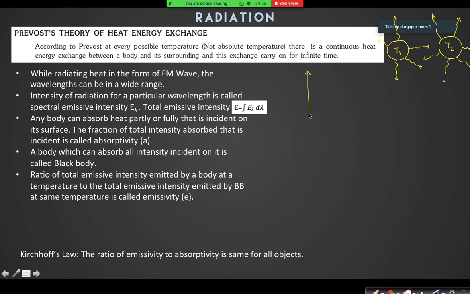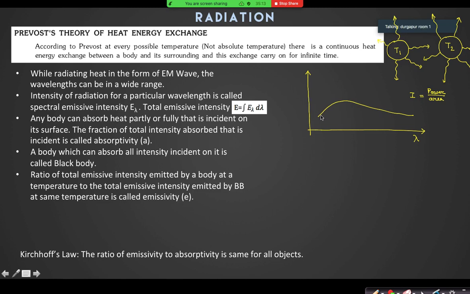So, if I plot the intensity of the radiation versus the wavelength graph, you will see the intensity. What do I mean by intensity? Intensity is equal to power per unit area. Remember that. So out of the total intensity emitted by the body, meaning per unit area, whatever power is emitted, that power consists of several wavelengths. Now if I plot against the wavelengths, you will find the function to be something like this,